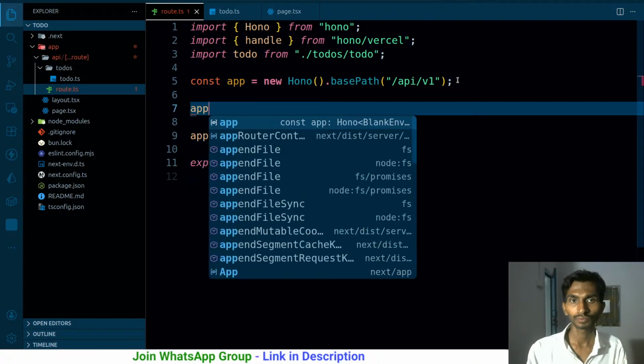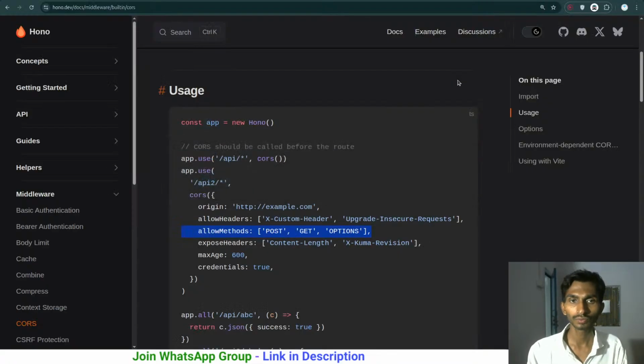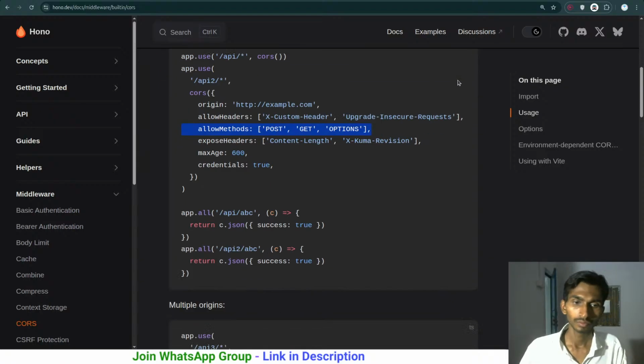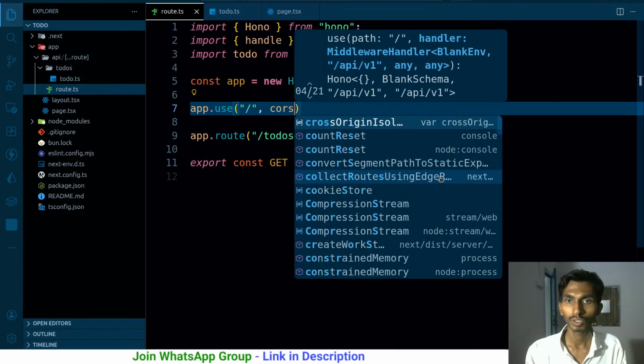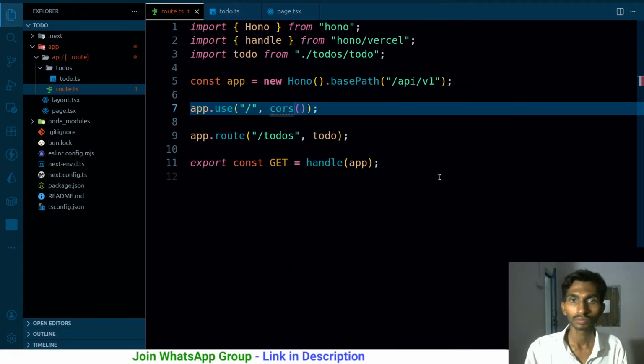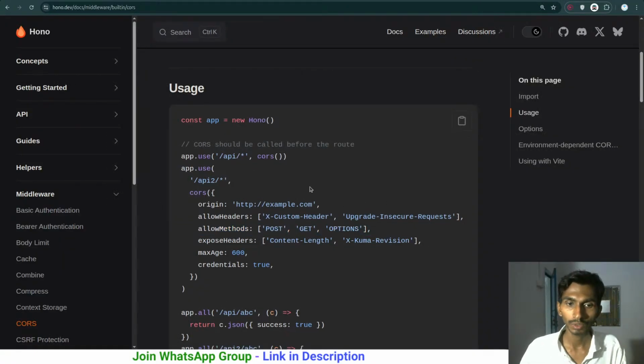So app.use. Even then I have route. Never mind. App.use. What else? Slash CORS. I don't really have it here. That simply means I will have to